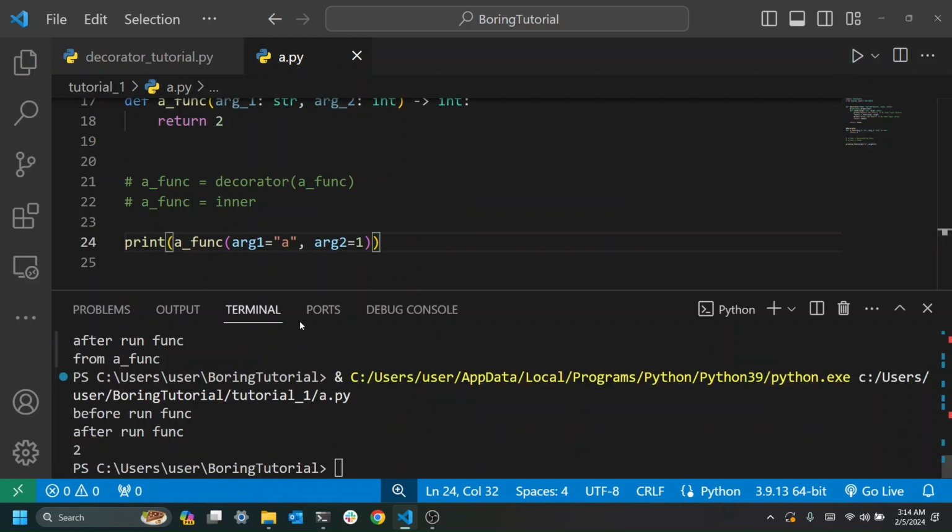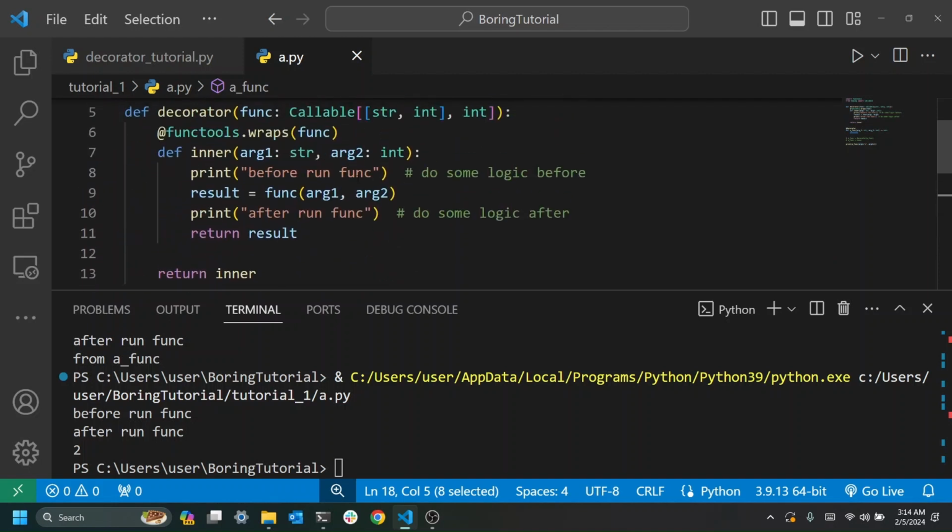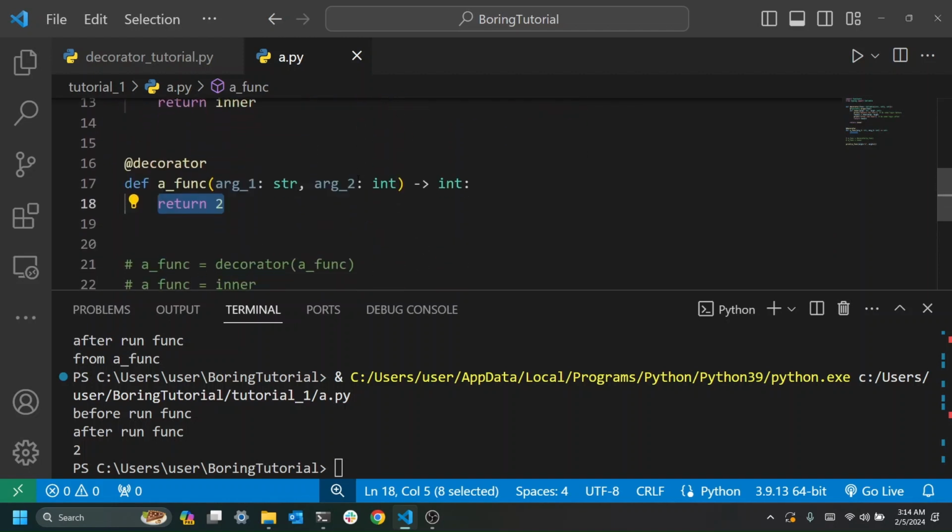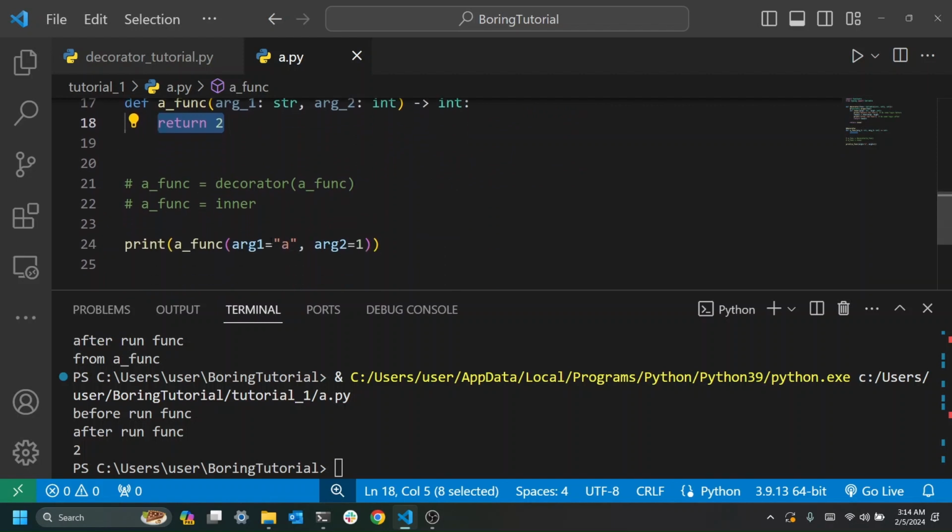There you have it. We have a before run function, after run function, and it returns 2. Why does it return 2? Because a func is returning 2. Okay, now we know that the function is working. How are we going to fix this issue, the argument 1 and argument underscore 1? Well,